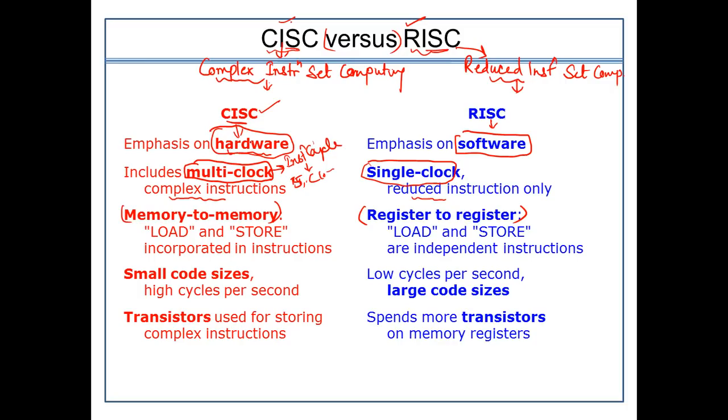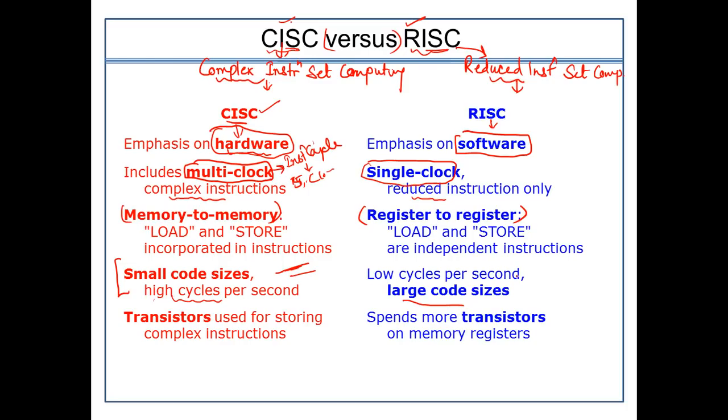Similarly, here, this is an important concept to understand. What we are doing is trying to minimize the code, to make the code of small size, but the number of steps we are increasing. We reduce the size of the code, but the cycles to execute these particular codes will become very high. But in case of RISC, as we are trying to reduce the instruction set, we will have the large codes.